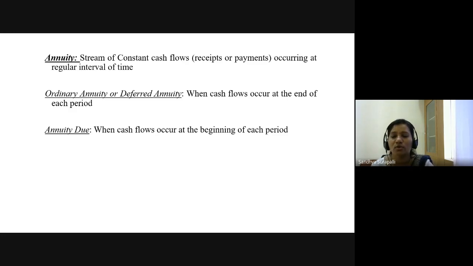Normally cash flows will be at the end of the year. If you are having them at the end of the year, it is known as ordinary annuity or deferred annuity. That is normal. But sometimes you will have cash flows at the beginning of the year also. It is known as annuity due. Okay. Like for example,